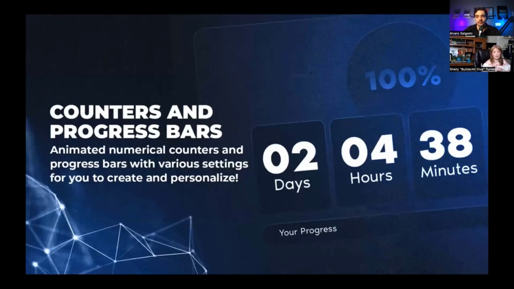Counters and progress bars. So we can put a counter on there to count down to a specific day or date, or we can put a counter on there to just put a timer type thing where it counts down for like an hour or 20 minutes or whatever. You can also do progress bars, and I love progress bars because they keep the visitor informed on how far they've come in whatever process you've put in place. And with the Cheetah Builder, we have a bar format, but we also have a circular format, so you can see how far they've come and how far they've got to go. These are awesome tools, again, to really create some finesse in your website,